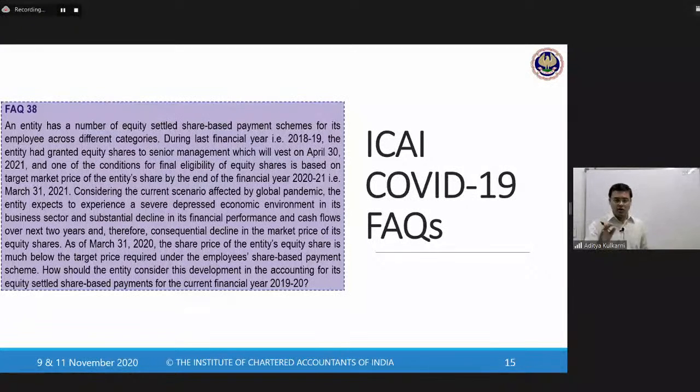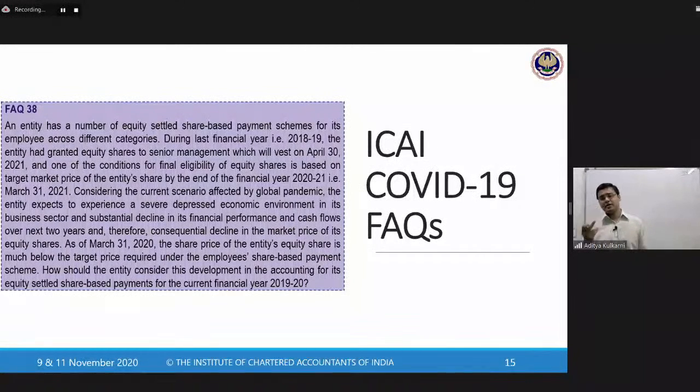But will you have to consider any effect of that? The answer is no, sir. You do not have. Why? Because it is factored in your fair value. Because the possibility of not meeting is factored in your fair value. So in your fair value,